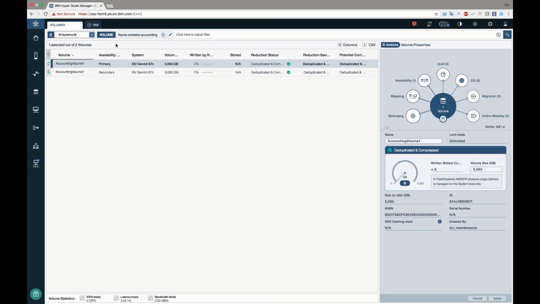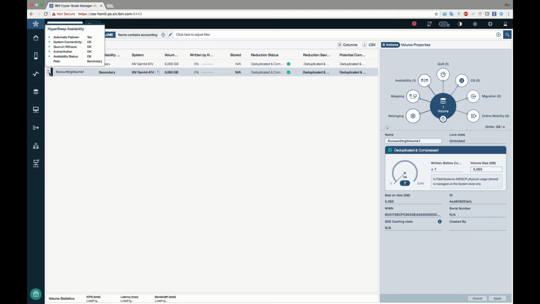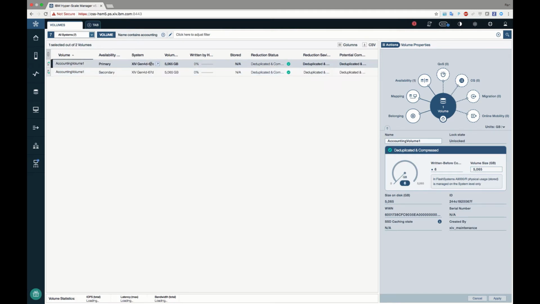As you can see, this first volume is in a HyperSwap availability, meaning it has active. This one volume is on two separate A9000s, but because they're in HyperSwap, you have a primary and a secondary, both with active paths. One is a primary, one is a secondary path. As you can see, each volume is the exact same, but to the application, it's just one volume on two